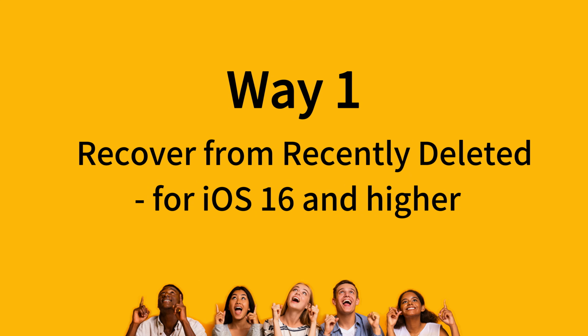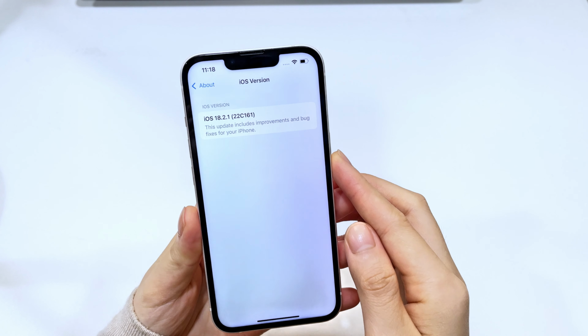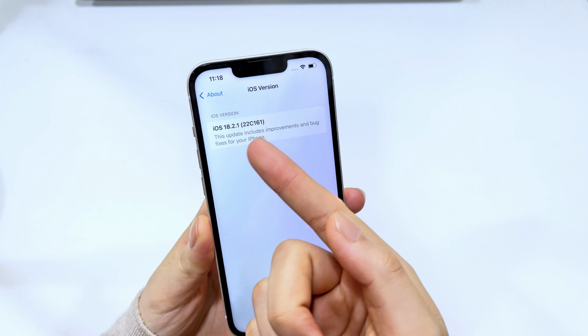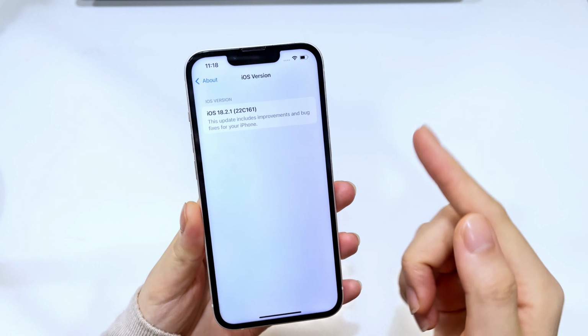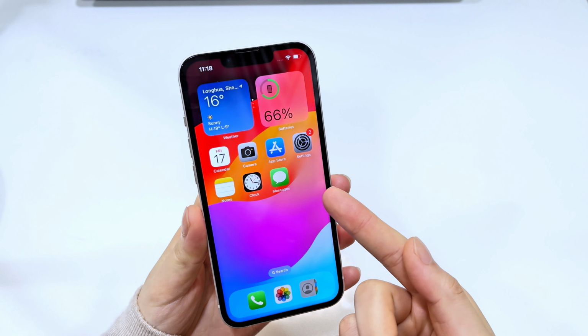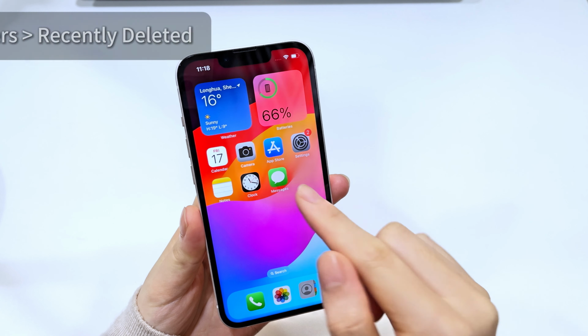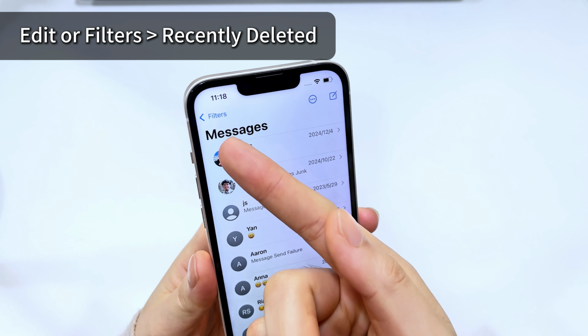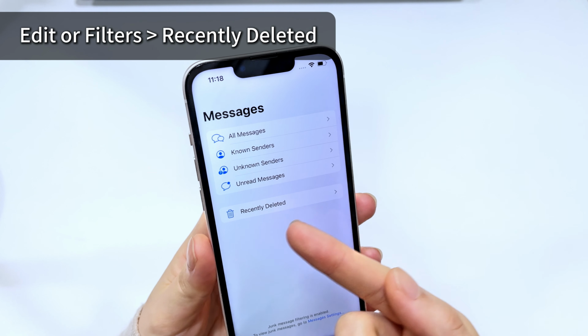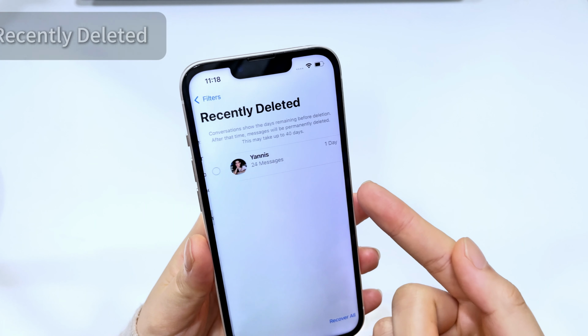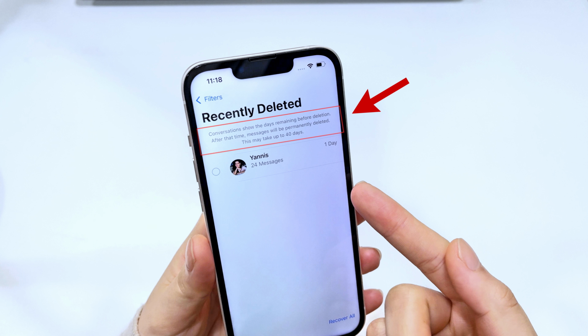The first method is to go ahead to the Recently Deleted folder built into the Messages app. This is the easiest way of recovering iPhone deleted messages when your iPhone is running iOS 16 or later. Now, tap Edit or Filters at the top of the Messages app. Choose Recently Deleted. Here, you can see your messages that were deleted in the past 30 days,